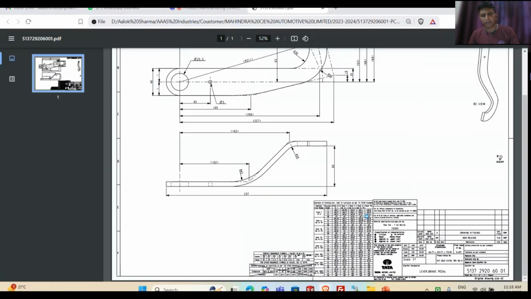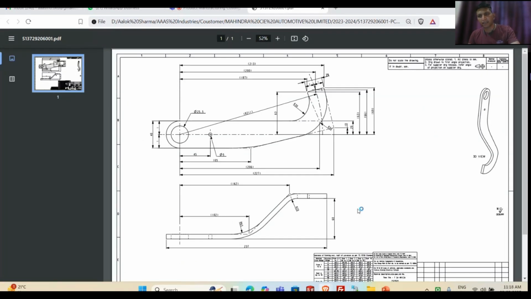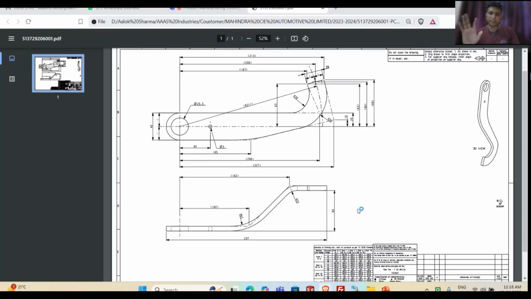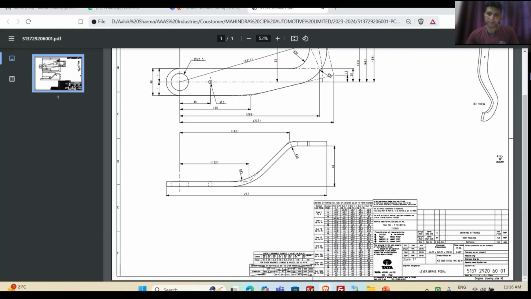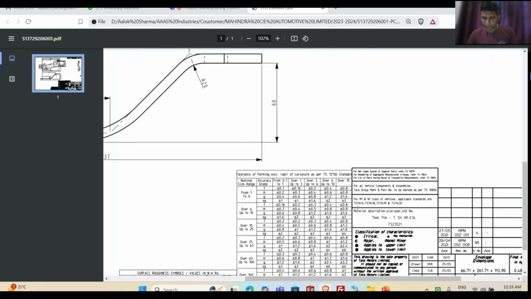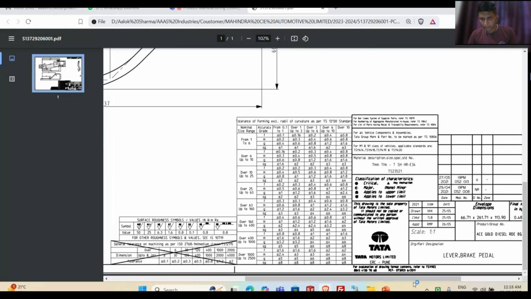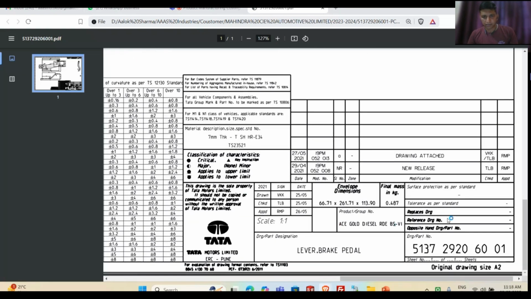Every customer has their own drawing standard, but a similar dialog box, similar pattern. Maybe we are discussing the Tata Motors drawing now, but this drawing is only for discussion. We have the Mahindra drawing and the Ashok Leyland drawing. The pattern is the same. So we discuss this dialog box. This is the drawing number,